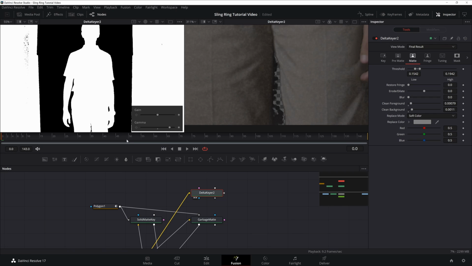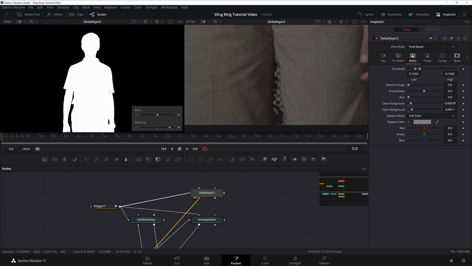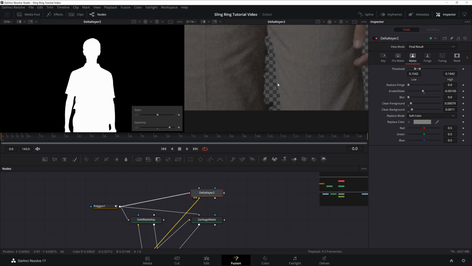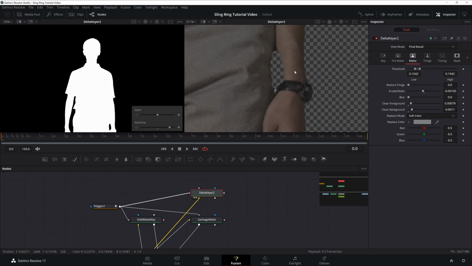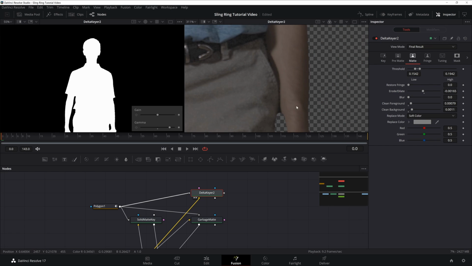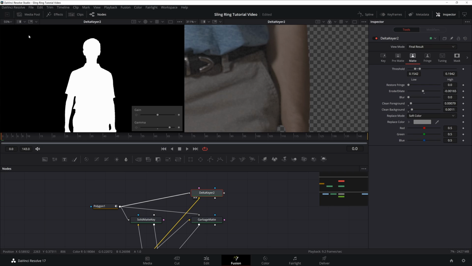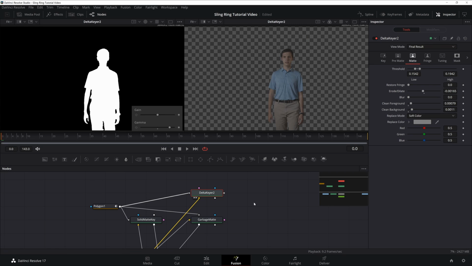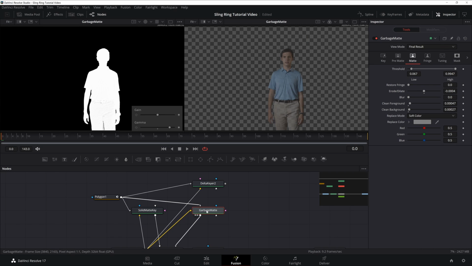So what we're going to do is, first of all, connect our polygon as a garbage matte for this one. We want all of that there. And then we're going to erode this pretty heavily, because again, we don't want this to add in some edges or whatever that shouldn't be there. We don't want it to create some stuff that shouldn't be there. So let's go ahead and go over to our regular garbage matte. We will add this node here